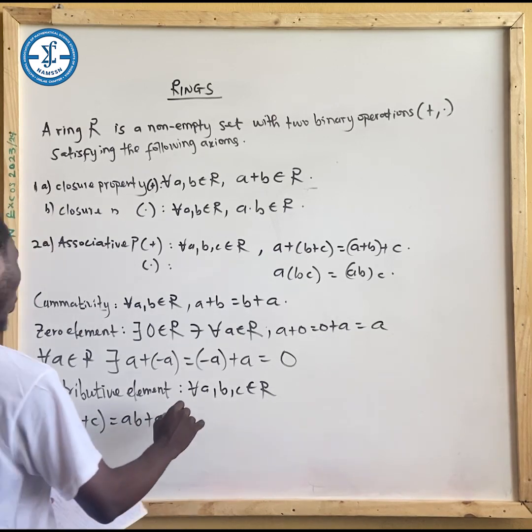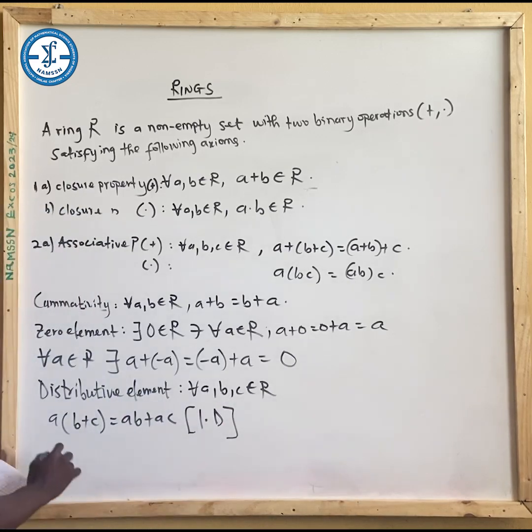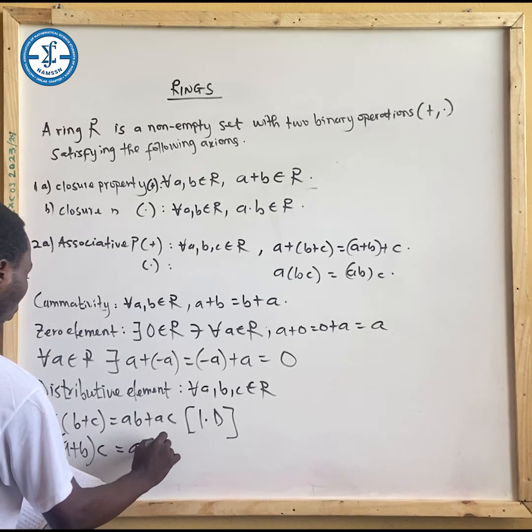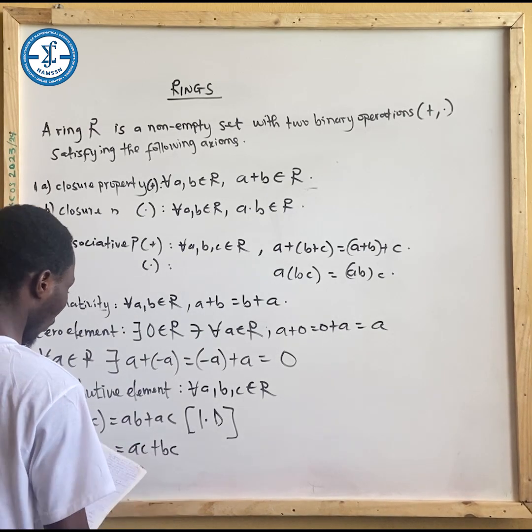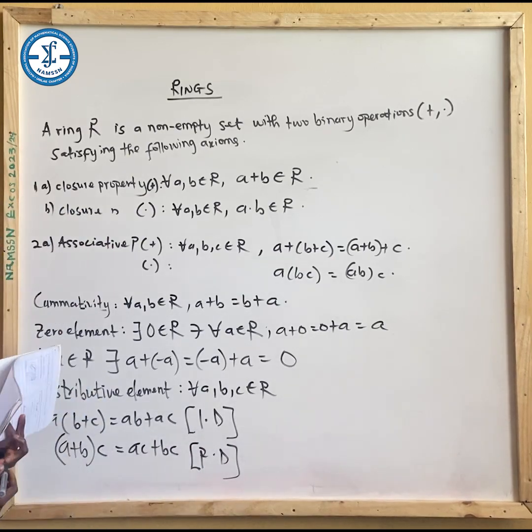This is left distributive, and then (a + b)c = ac + bc. We also prove this right distributive. So if you are asked to